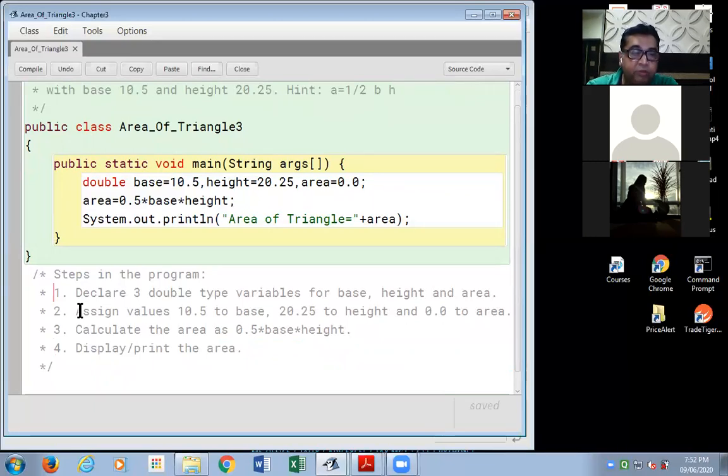By sharing these steps with you, I am slowly making you familiar with the flow of the program. This is also called the flow of the statements in the program, the flow of the program. You can also call it the logic of the program. How are you going to write your program statements? What comes first? What comes next? Next and next.